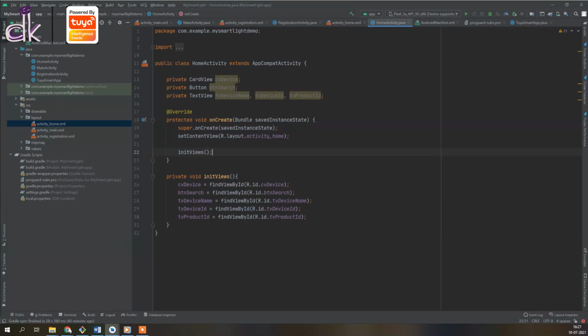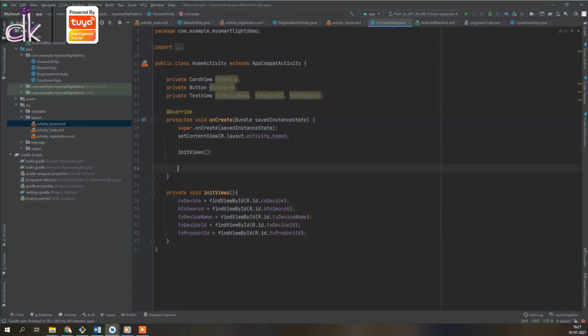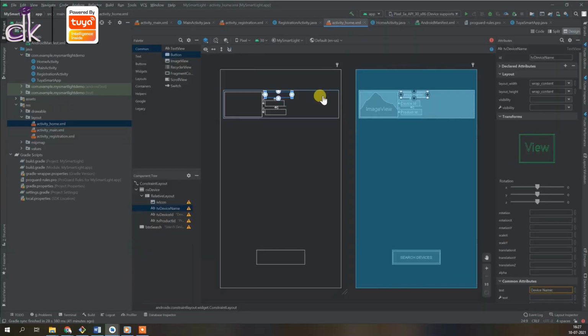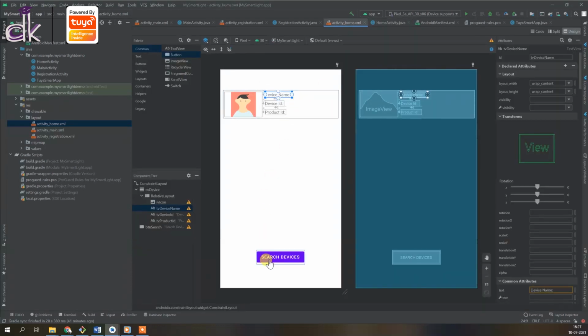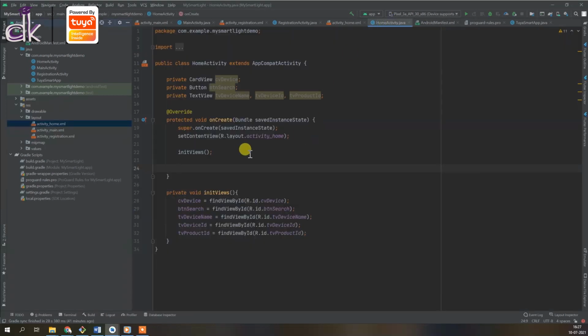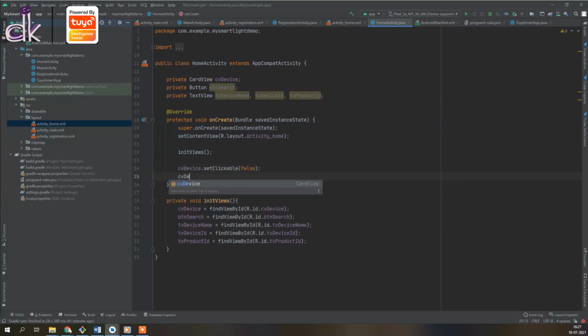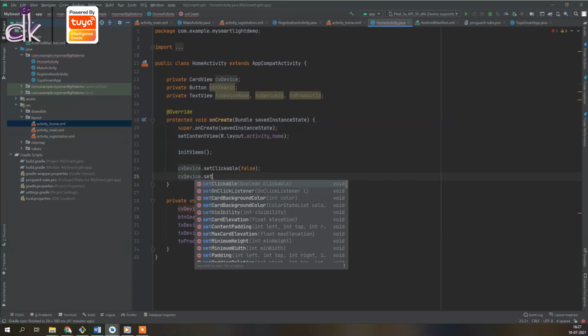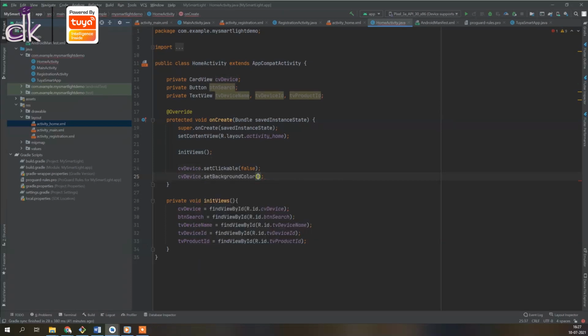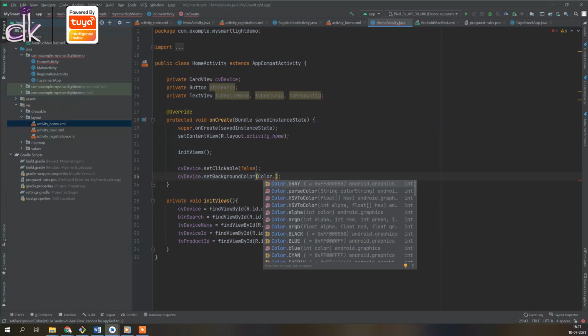All right, and the next thing is obviously in the activity this thing should be disabled until the device is actually found, right? So for that we will play around with the background color and also make sure that it's not clickable. So set clickable, we'll set this to false so that the user cannot actually click it, and it should be only available once the device is found. All right, and we can also set the background color to light gray so that we know that we have not yet found the device.